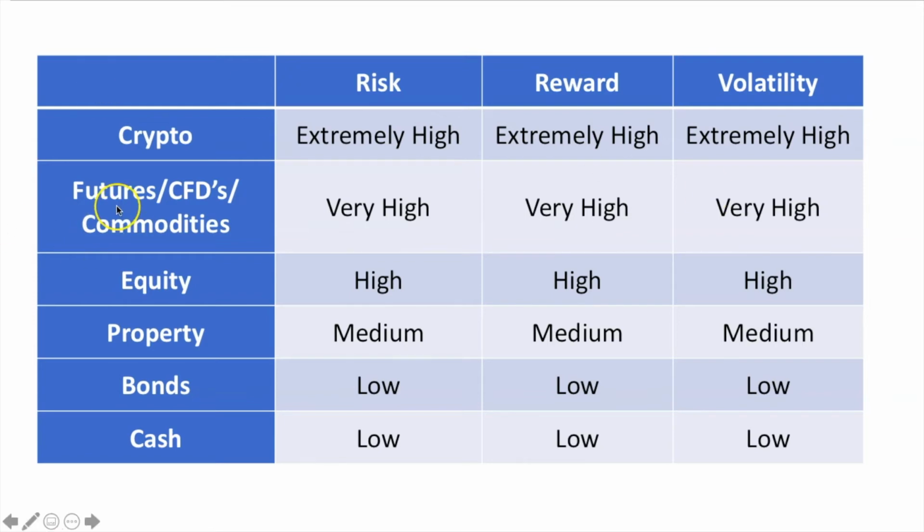And then we have other options here, such as futures, CFDs, and commodities. And even if you're trading commodities on the CFDs, those platforms actually give you leveraging. So if you put in $1,000, maybe you can leverage by 10 and you get $10,000. So those as well, very high risk. Because of that leveraging, you can even lose money that you don't even have. So, and again, very volatile on these two markets.